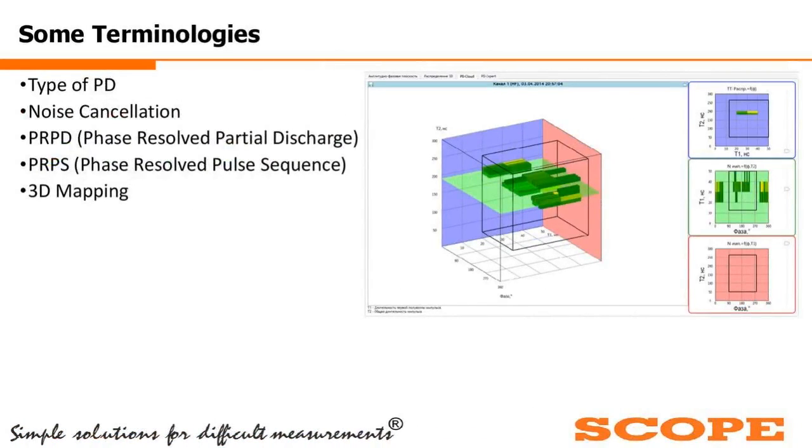Now, you have got these terms as you are seeing over here, 3D mapping, as well as the PRPS, that is your phase resolved pulse sequence, or your 3D mapping. Now, what does it denote? Suppose you have got this segregation or cluster of discharges here. Now, instead of putting them in a sinusoid and analyzing it, you basically analyze them in the cluster of the pulses. This is actually an advanced analysis tool that is available with the system. This is generally used with